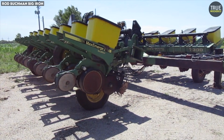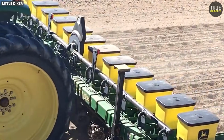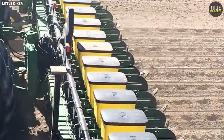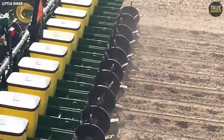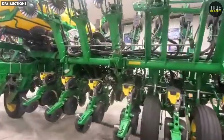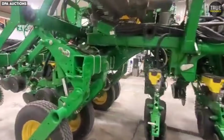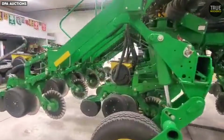Today, Max Emerge planters are among the most popular used planters on the market. They're particularly favored by mid-sized farms that need proven reliability and good performance without the expense of modern high-tech equipment. The fact that parts are readily available and any John Deere mechanic knows these planters inside and out makes them